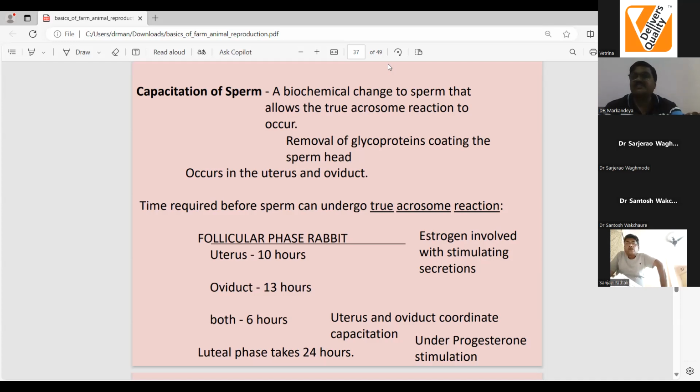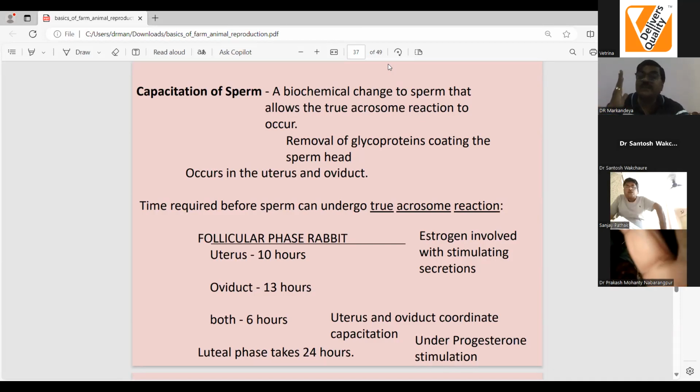Then the second batch, third batch, and therefore we are placing 10 to 12 million sperm. How many sperms are required for one single successful fertilization? Just 3,000 to 4,000. In cows, buffaloes, even in mares, 3,000 to 4,000 live motile sperms are required at the site of fertilization. How much are we placing? 10 to 12 million live, motile and normal sperms.